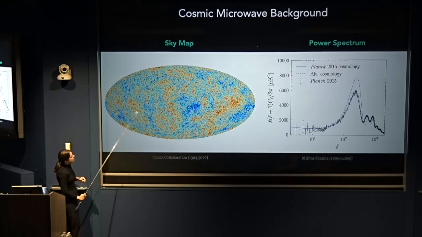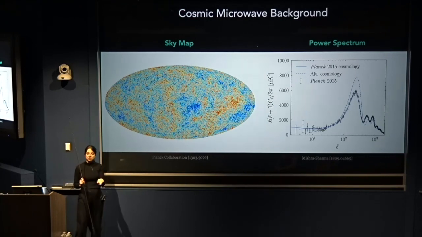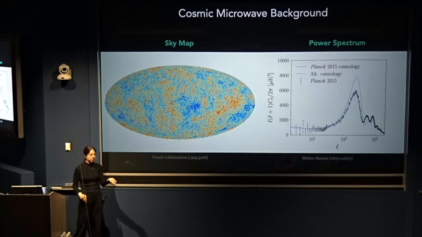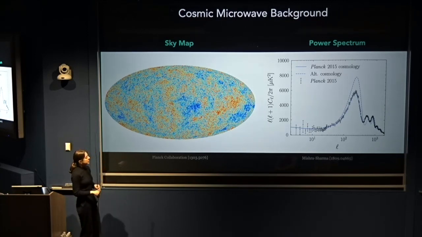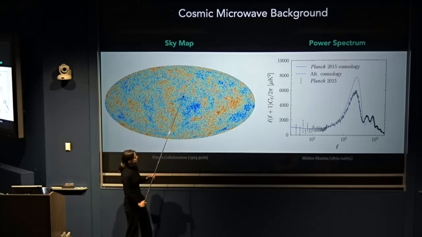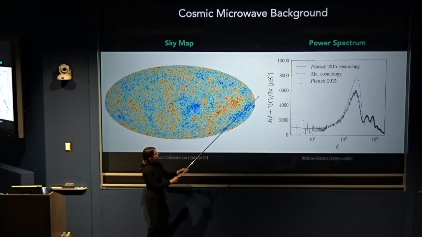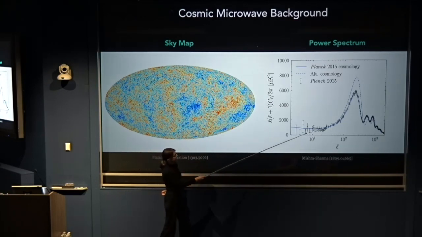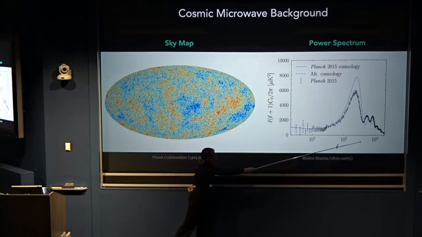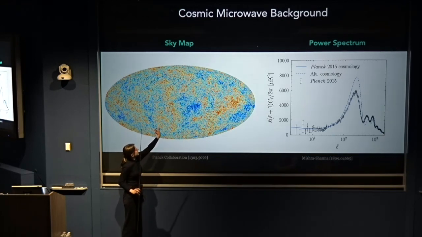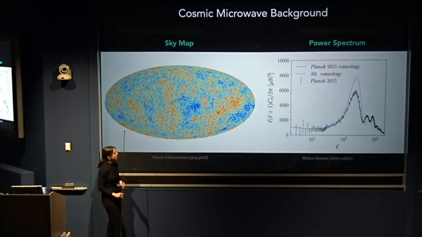And this pattern that we see here, again, can be explained beautifully with this model where we add in this additional dark matter component. To illustrate this, what I'm showing here is essentially a summary plot. This is showing the power on different angular scales, where this is large scales and this is small angular scales. What I mean by angular scales is literally just the size of the patch that you're considering on this sky map.